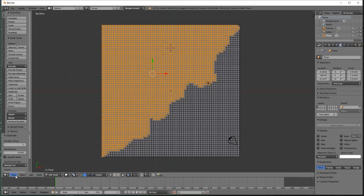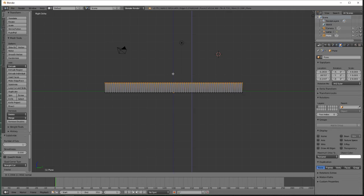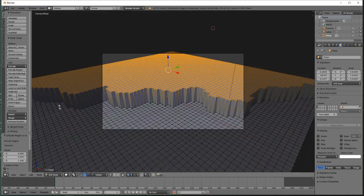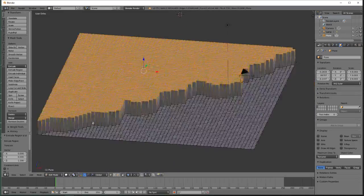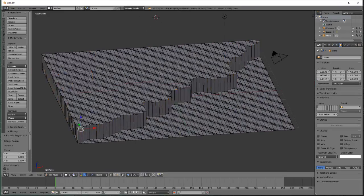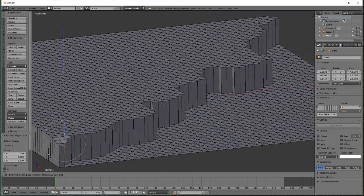So now I'm going to change my view, and I'm going to go into right view, and I'm going to extrude this guy up a little bit, about that high, let's say. And if we look, we can see that we're starting to create what's going to be our cliffs. The issue here is that if I want to start making cliffs, I need them to be rough and more sculpted. What we're going to do is take a single point, take a look at it right here, and we're going to start moving that point downward so that we end up with these areas where our coast is starting to look